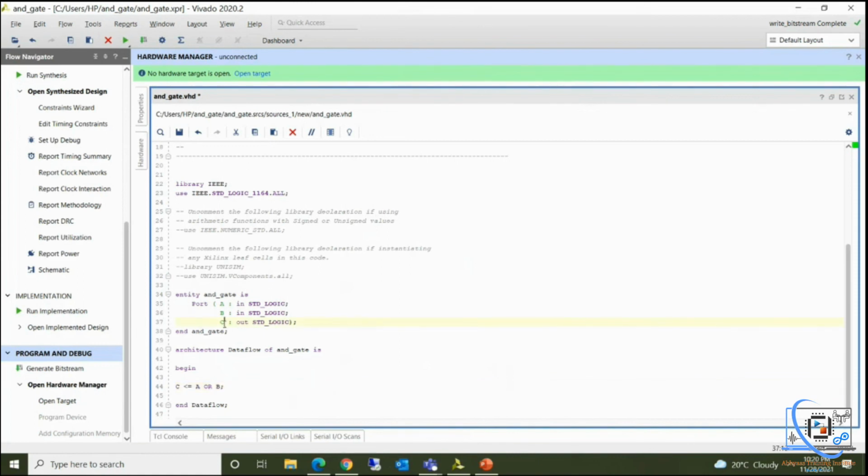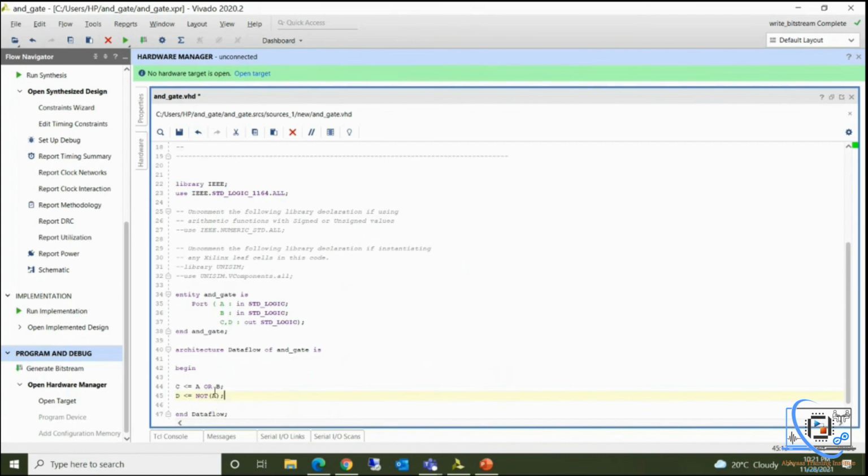You can define another output as D, and then you can write D is not of A. The same procedure you have to follow. You have to save and then you have to run synthesis.